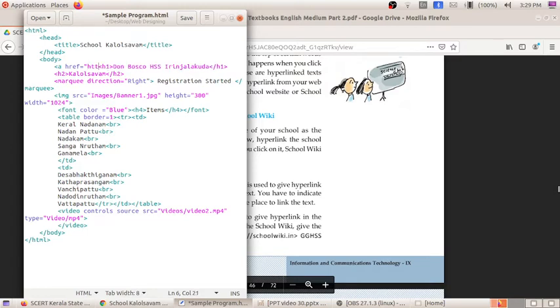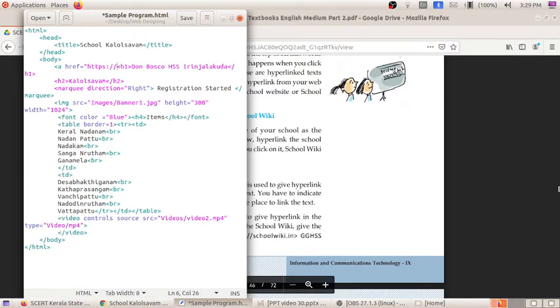So here I am going to give the URL address of school wiki, https://schoolwiki.in. This is the URL address, and next I am going to give the school code.